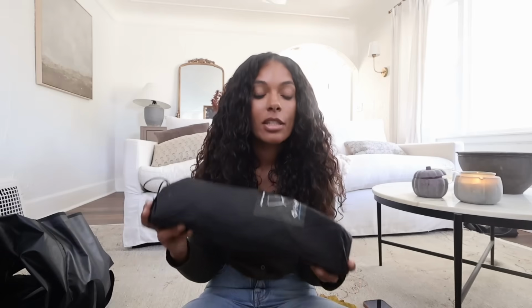So then when I was getting ready for the next trip, I could not find the legs to the chair anywhere. So then I just had to run out last minute and grab a new chair. This one happened to be on sale at REI that weekend, so I just grabbed it. So I've used both, and initially I thought that this chair, this Helinox Zero, was way better than the air